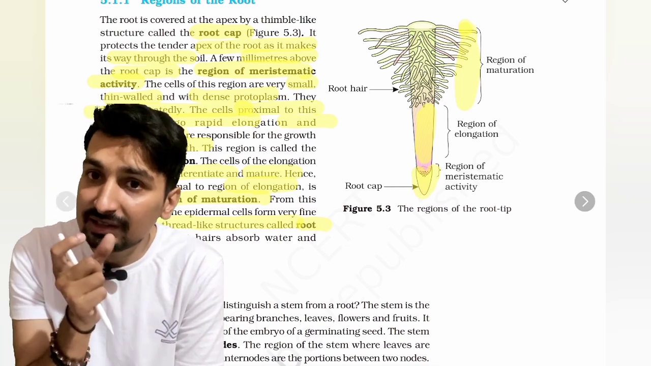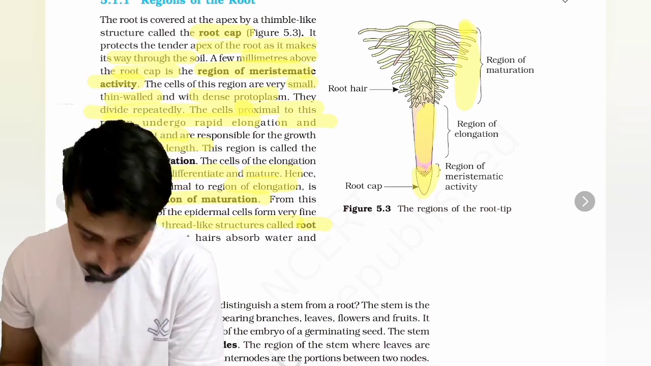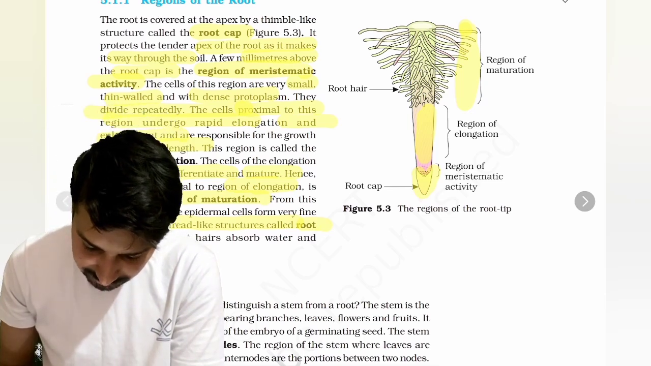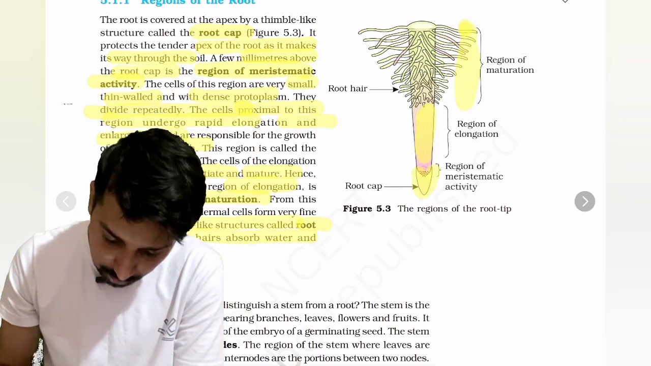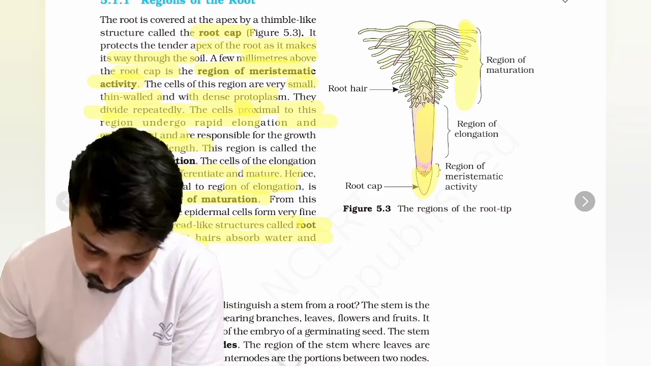Differentiation means they have taken a function, what work they want to do. These root hairs absorb water and minerals from the soil. They have root hairs. Next we are going to study about stem. So stem,